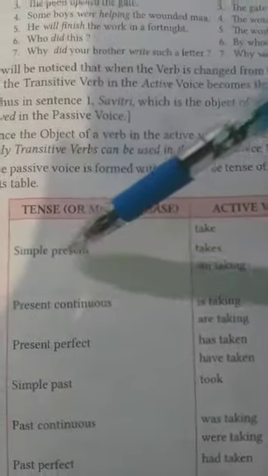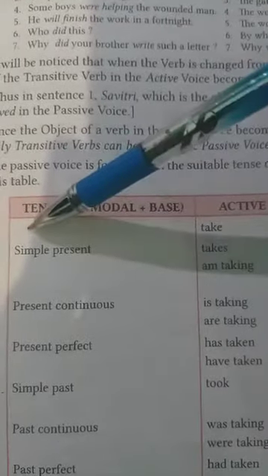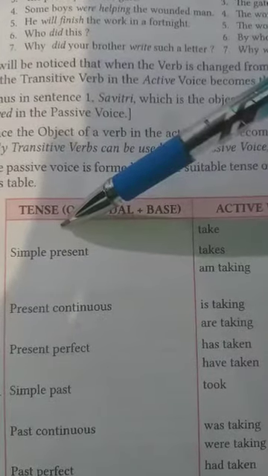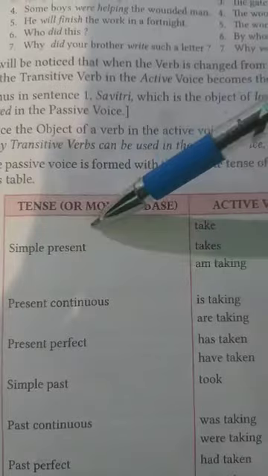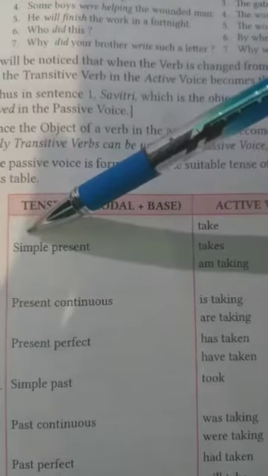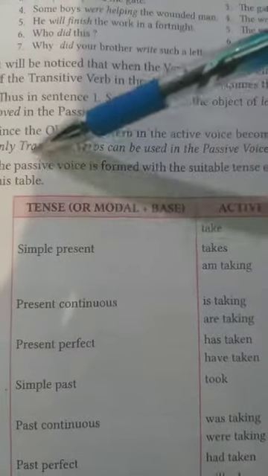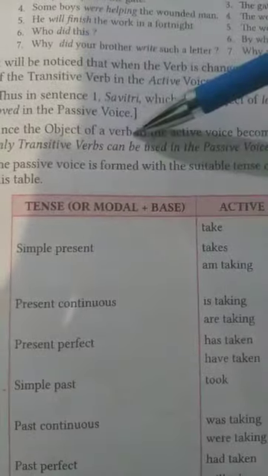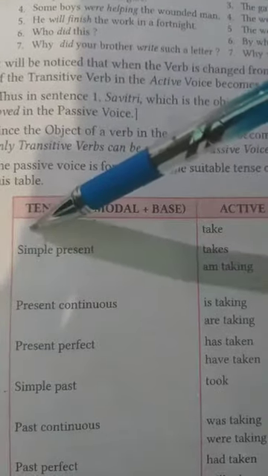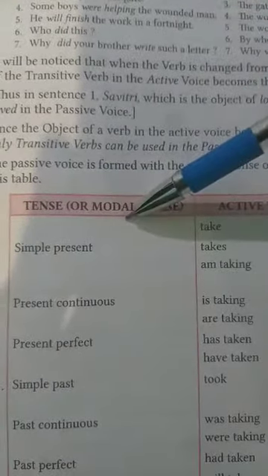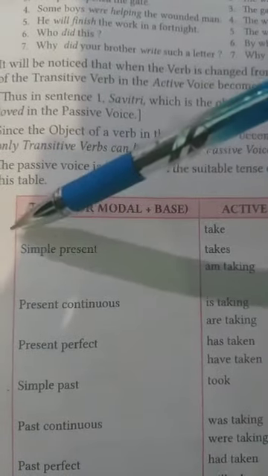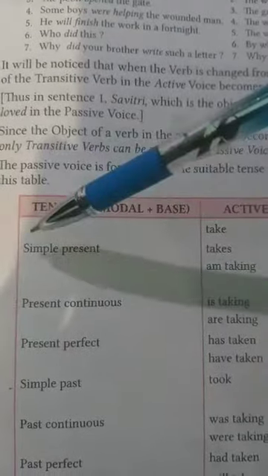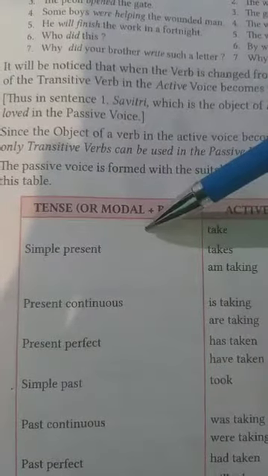As my dear students, you will be knowing the structure of simple present tense, that is subject, verb first form, then object, for a positive sentence. And we know that they interchange their position. So the subject becomes the object in passive voice and the object becomes the subject. The doer of the action will be the object in passive voice.